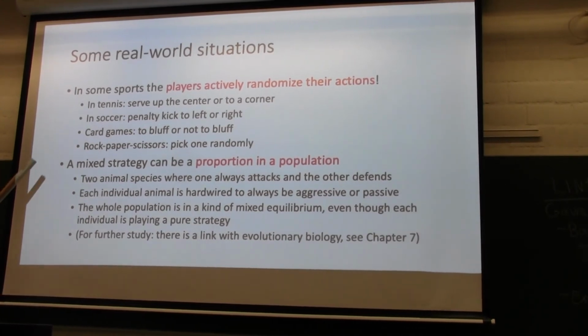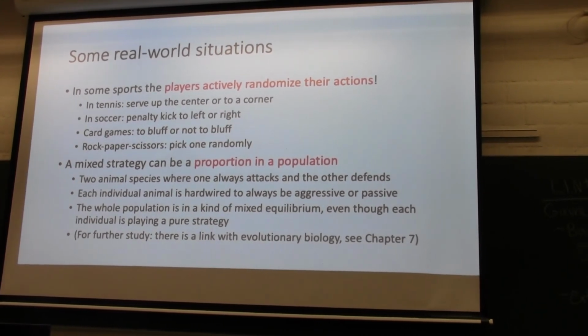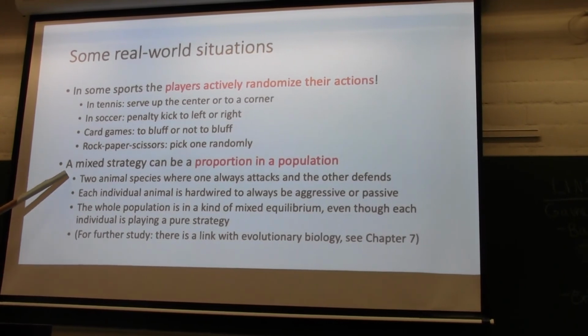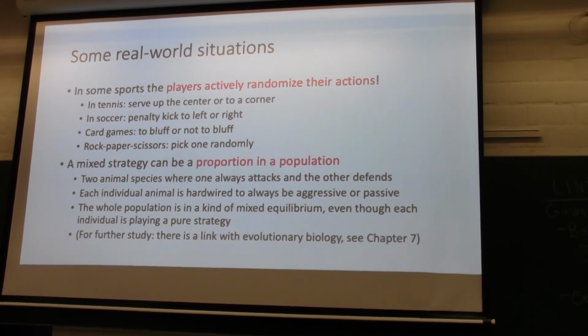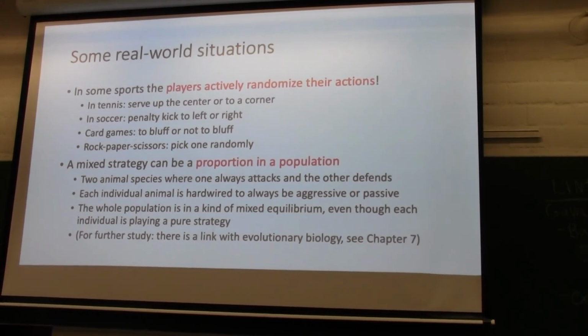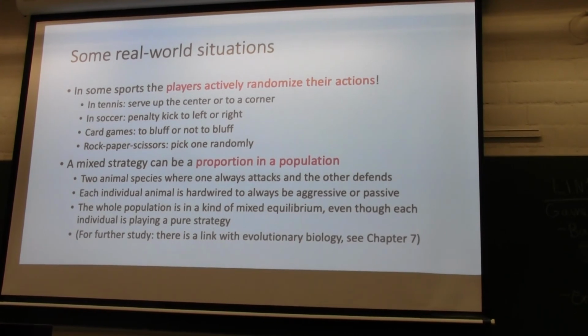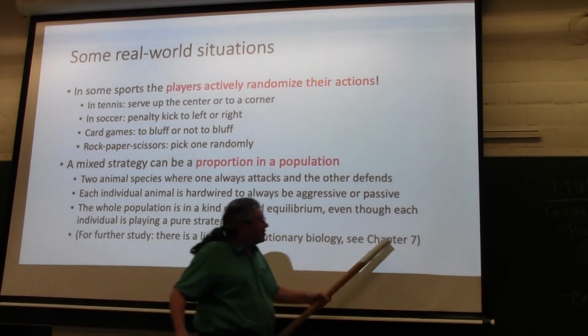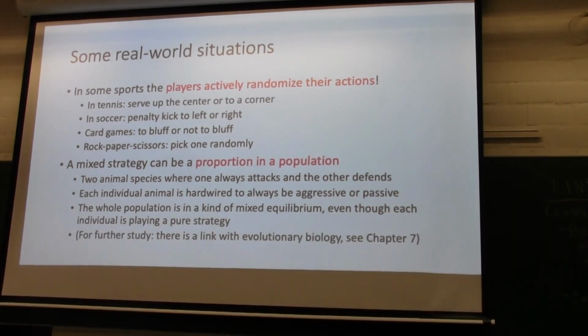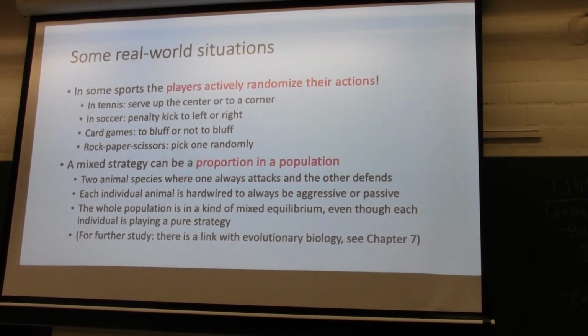Okay? So actively randomizing. It actually also works in a population. If I have a group of animals, some of them can be aggressive, some of them can be passive, and the proportion of the aggressive and passive ones is also kind of a mixed strategy. This is actually something to do with biology. Chapter 7. We will not look at that. I'm just mentioning it. Let me show you now